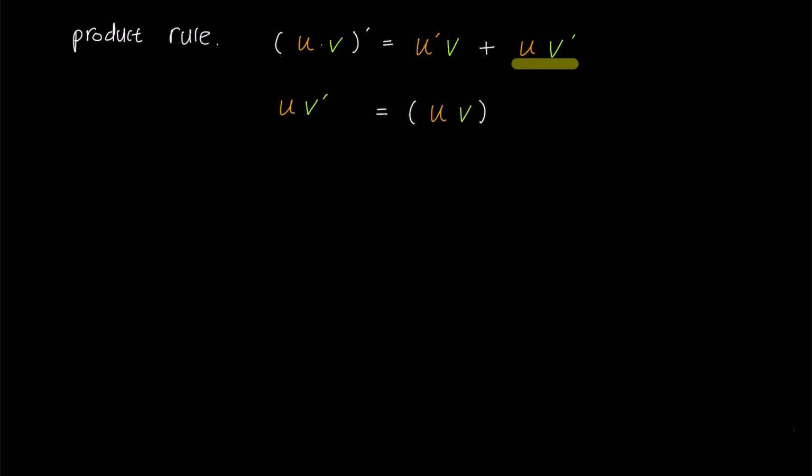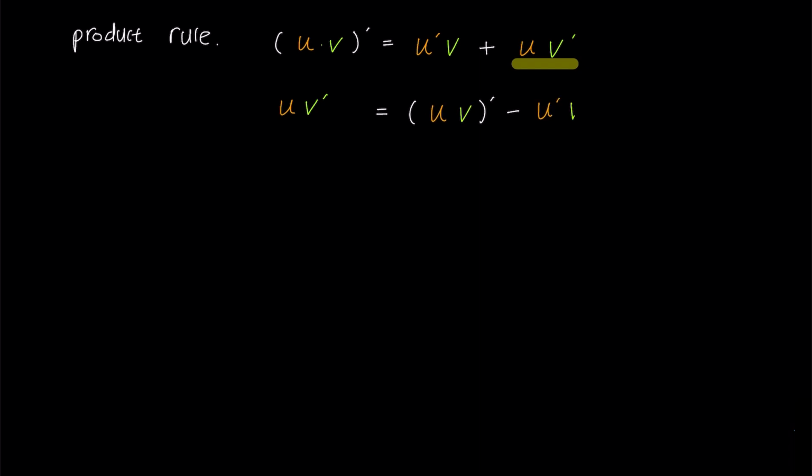We'll start with the product rule of differentiation. When you differentiate a term that is the product of two functions, u and v, we use the product rule. We first differentiate u and leave v as it is, and then we add this term to the product of u and the differentiated v. And if we rearrange the equation with uv prime as the given, we get uv prime equals (uv)' minus u prime v.